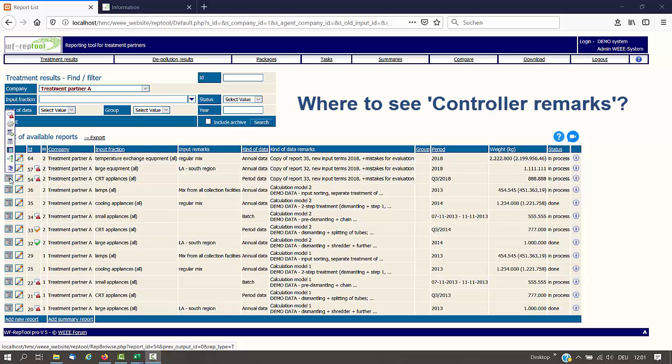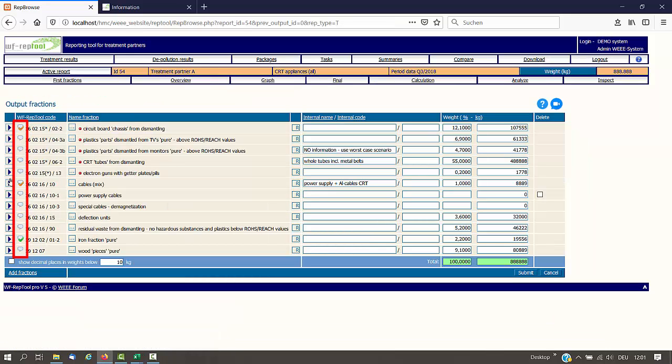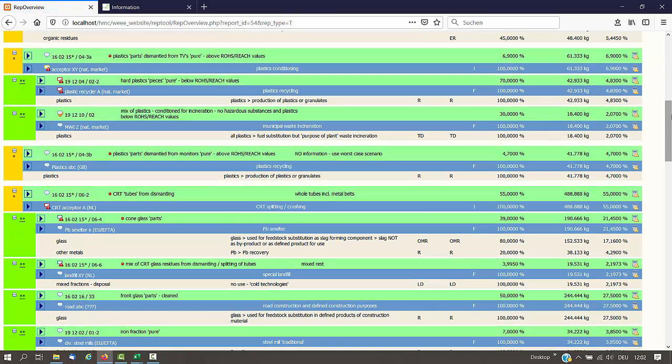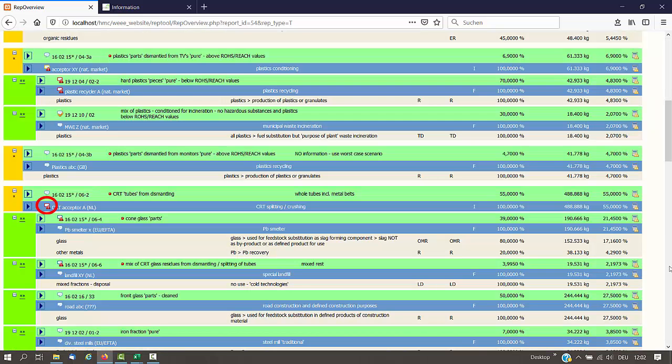Where to see controller remarks. You, as controller, may see the controller remarks you have given, like the reporter will see them in his reports: in the list of reports, in lists of fractions, in the overview, or in the graph. The red attention symbol attached to the speaking bulb indicates that there are open controller remarks,